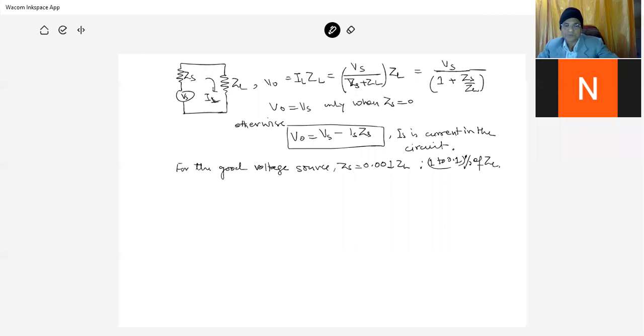And this is used in case of the different positions and different part, that is, as current source,